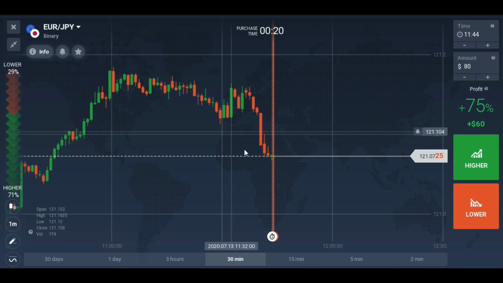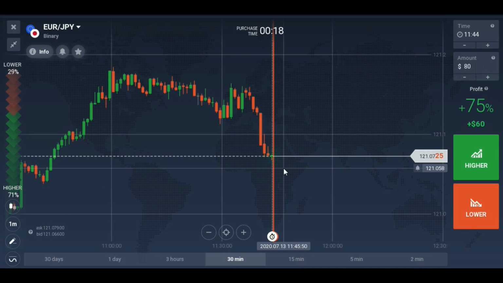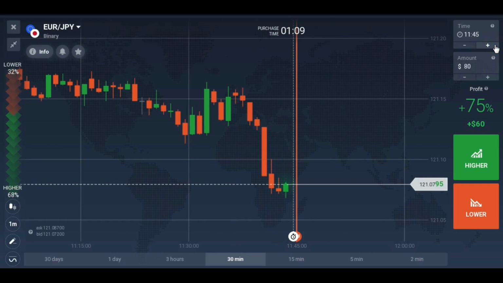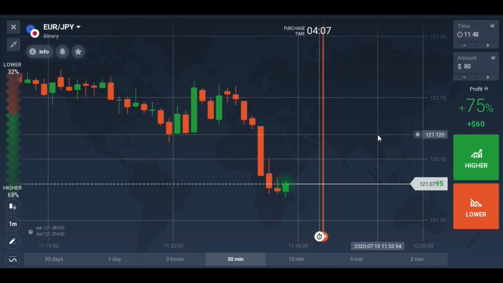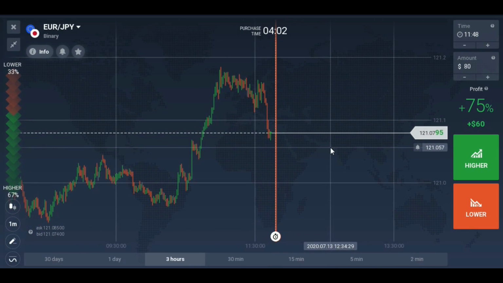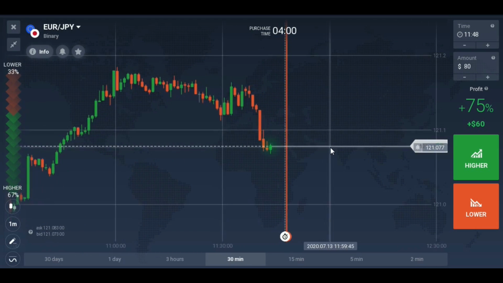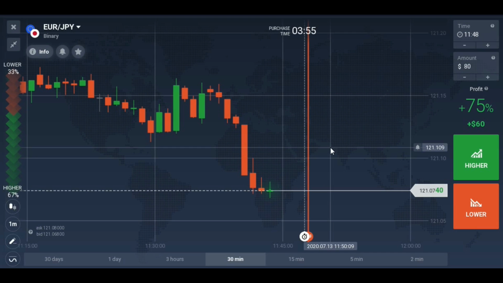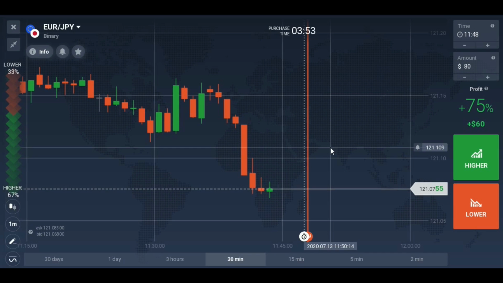This is a 1 minute candlestick chart and we are going to analyze the same chart, but we will take trades over a 4 to 5 minute time frame. So let's start taking trades and I will explain every step that I take. As you can see, the market is in a downward direction. So what we will do is wait for a good candlestick pattern to perform with some price action at some support or resistance level, and then we will take the trade.